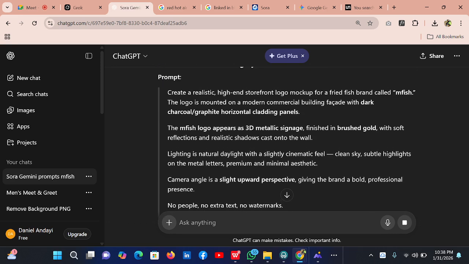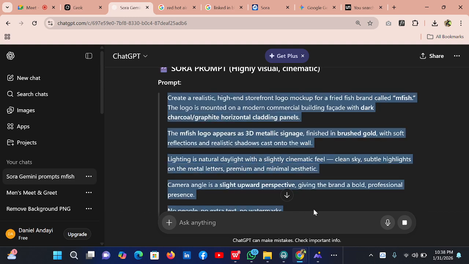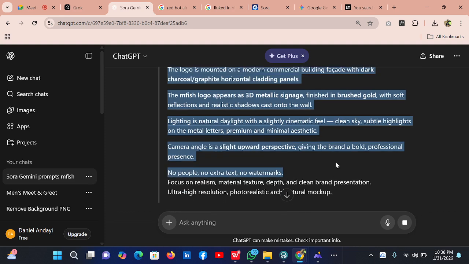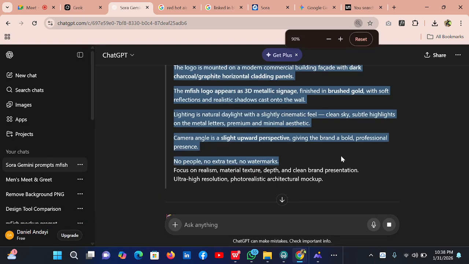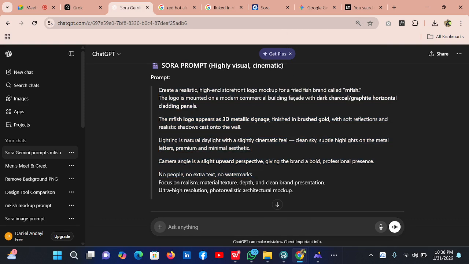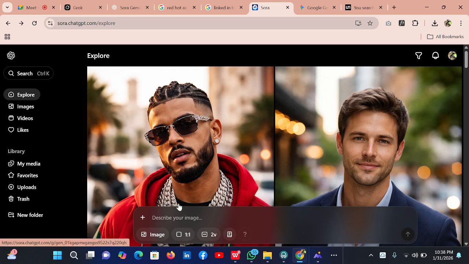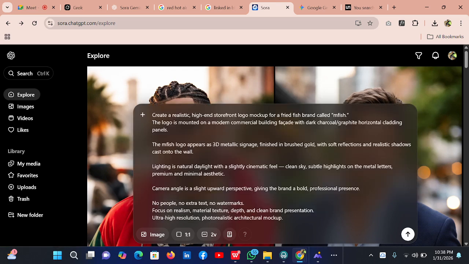So it will give us a brief description of all that. So I will just come copy paste it. Copy, take it to Sora, paste it. But now let me do some editing, because the mfish logo appears as the 3D metallic signage brushed in gold with the okay. Lighting is okay.